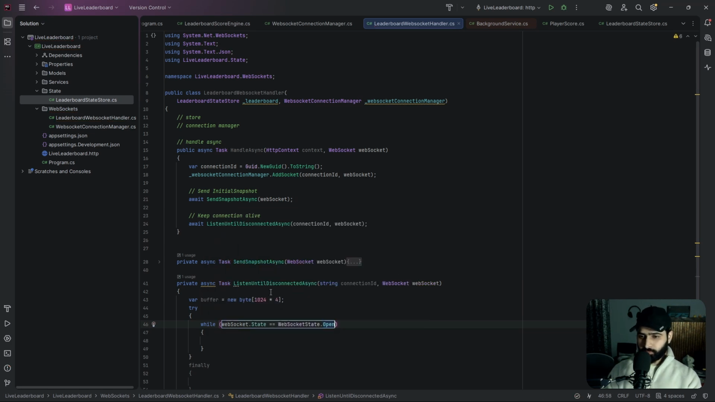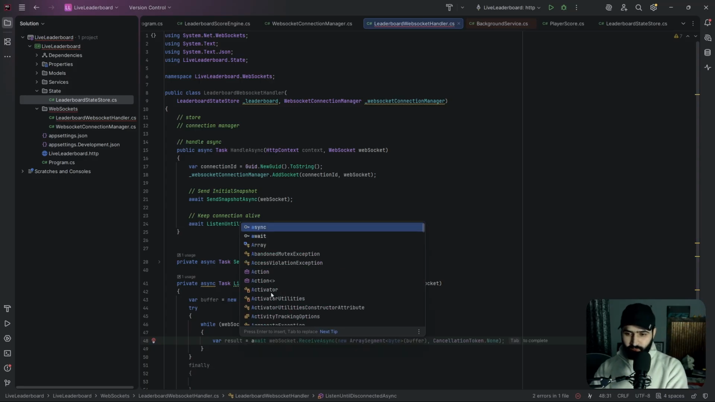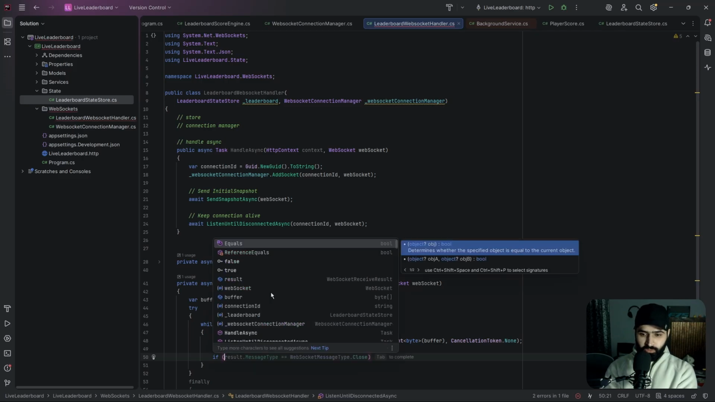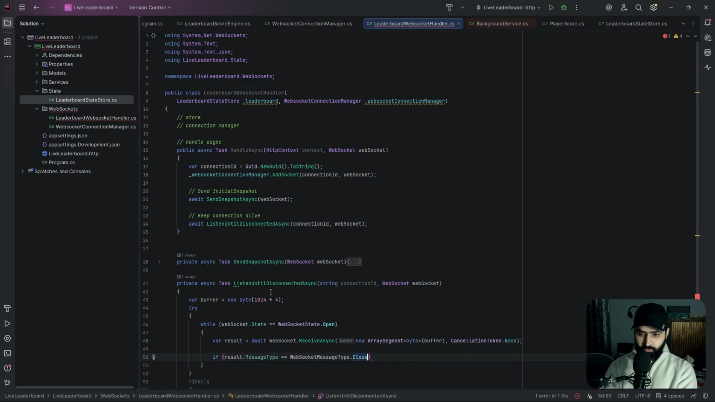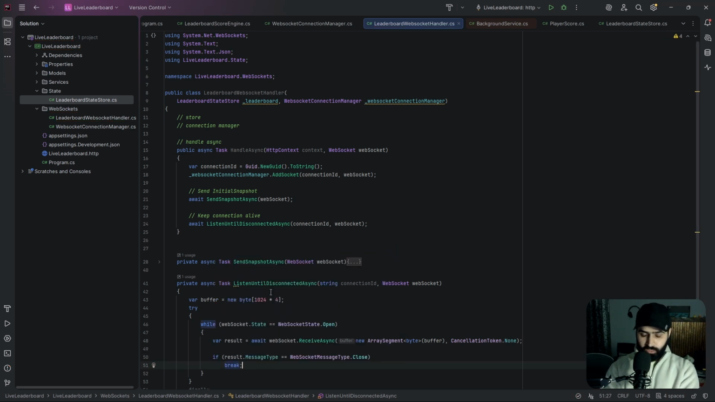या जब तक मेरी जो वेब सॉकेट आई है उसकी स्टेट ओपन है, तो आप एक काम करो, एक रिज़ल्ट ले। अब ये क्या होगा, रिसीव सिंक करो एक बफर और उसको कैंसिलेशन टोकन दे दो, और चेक कर लो कि अगर जो मेरी उसकी वेब सॉकेट क्लोज हो रही है तो आप कुछ मत करो, सिंपल ब्रेक कर दो मेरे लिए।